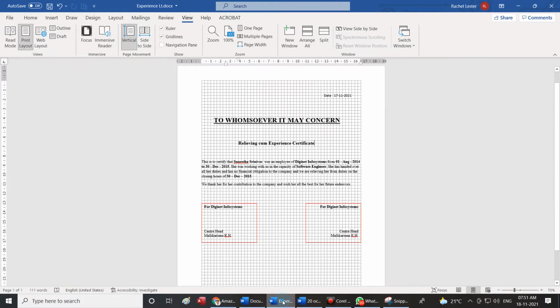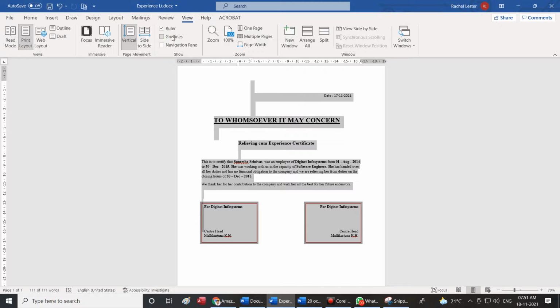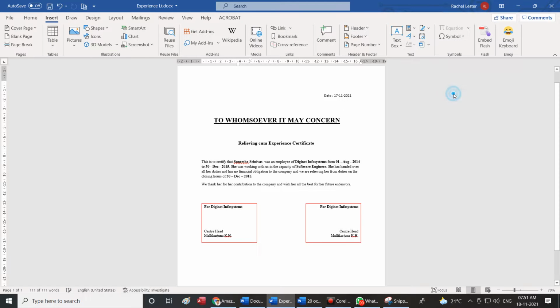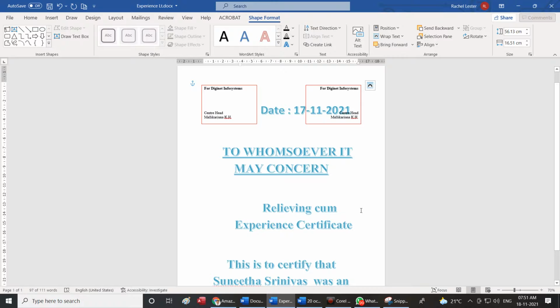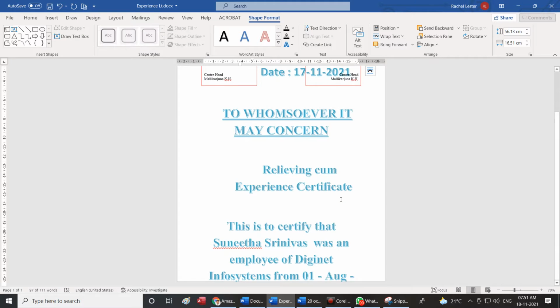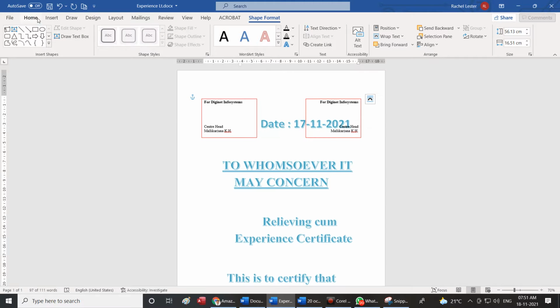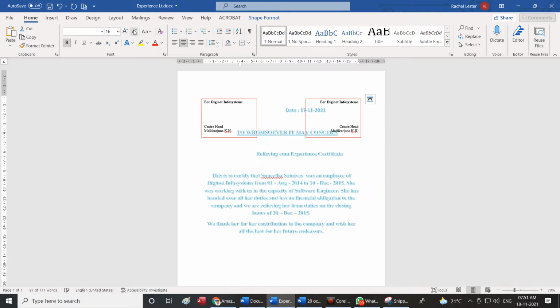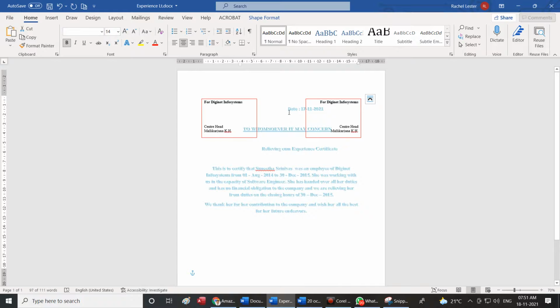See, any document that I have created, like the same experience letter, when I select the entire document, I'll remove the grid lines, I'll select the entire text of the document, I'll come to insert. If I convert it into any of these fonts, it looks much more presentable. So you could use something like this and try to create.